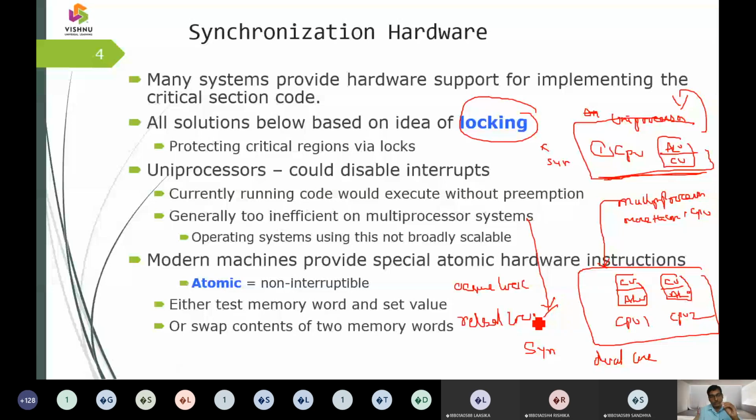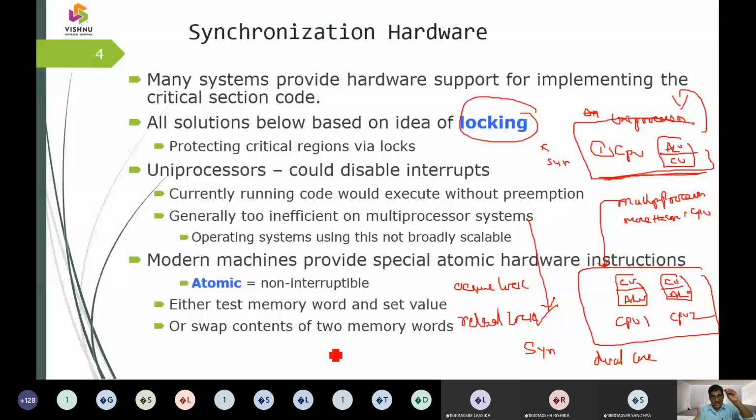Hope you heard these two terms in DBMS. I am having a transaction. Before a transaction starts, there is a term called two-phase locking. In two-phase locking, all the locks will be acquired and the shared variables will be updated. Once the lock is released, the shared variables are released. Then we say it is a released lock. The same concept was first implemented in operating systems, and then it was implemented in DBMS.